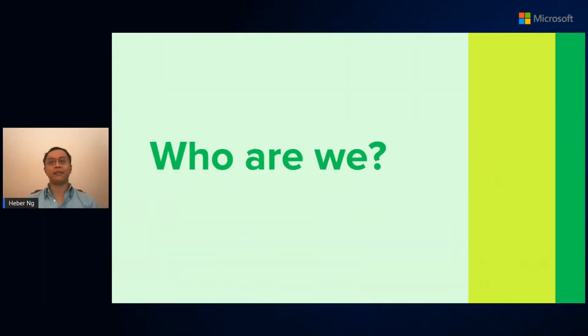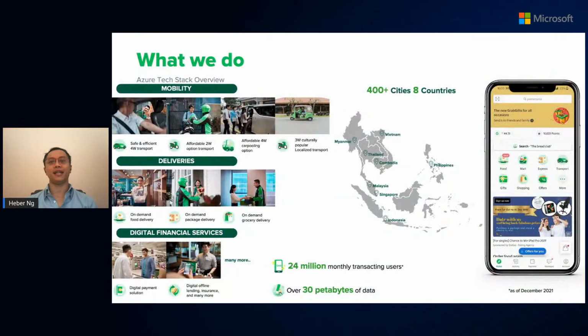Before we begin on the main topic, perhaps I can give a little introduction about Grab, who we are, and what we do. Grab is a Southeast Asian tech company, a leading super app in the region. Since its inception in 2012, it has grown rapidly, and today it offers mobility, deliveries, and financial services across 8 countries in the region and over 400 cities. We also provide income opportunities for our drivers and merchant partners, and we aim to empower 1 in every 2 daily entrepreneurs in the near future.